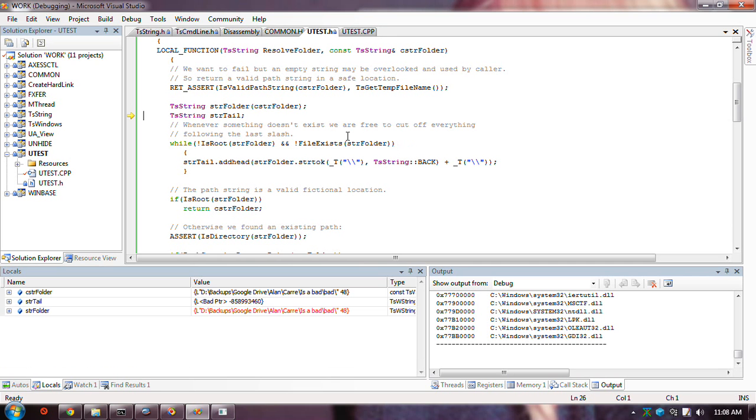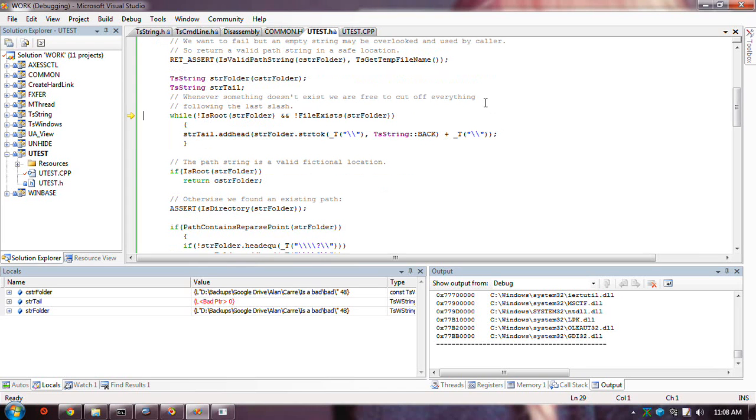Okay, I grab this thing which I'm assuming is a folder. I'm making the statement that if it's not a root style string, like a root folder, that means we're at the root, and it doesn't exist, whatever it is, we are free to cut off one end of the thing.